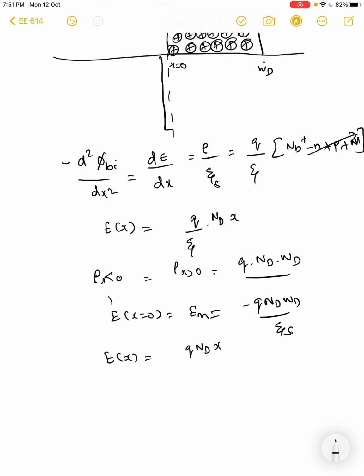And we know how this one will look, right? So if I plot this, the electric field will look like this is at x is equal to 0, right? So minus Em, this is wd, right? And the potential, sorry, this should be plus, and the potential will be